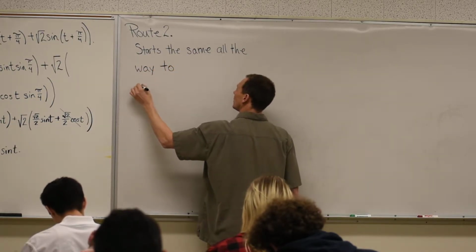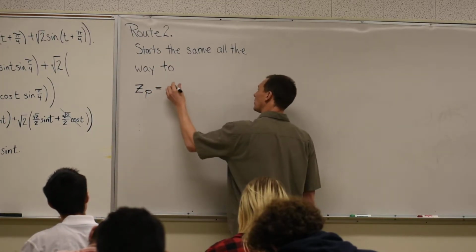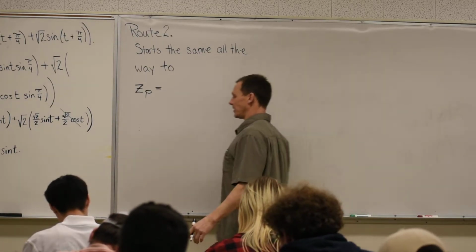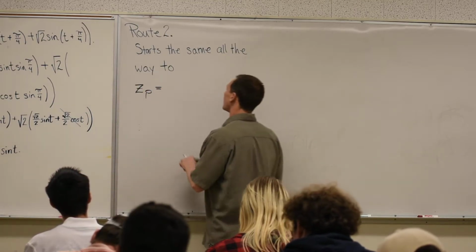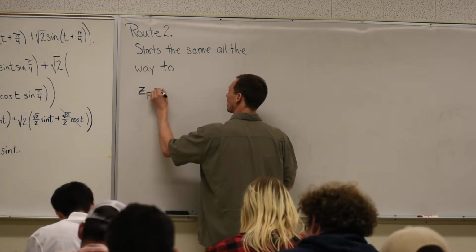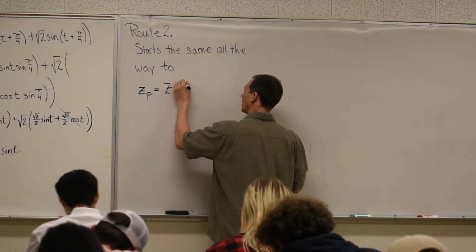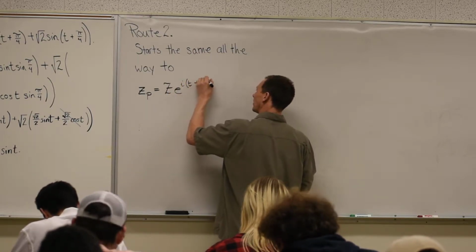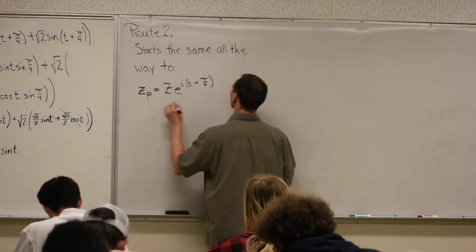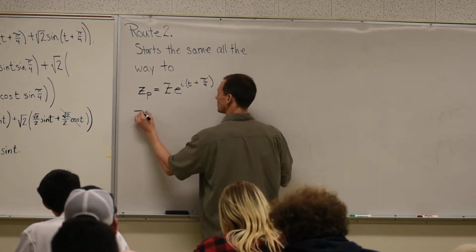Z particular equals, let me write this right. Hang on, don't write that. All the way, yeah, no, let me do it that way. Z particular equals capital Z e to the i t plus pi over 4, with capital Z